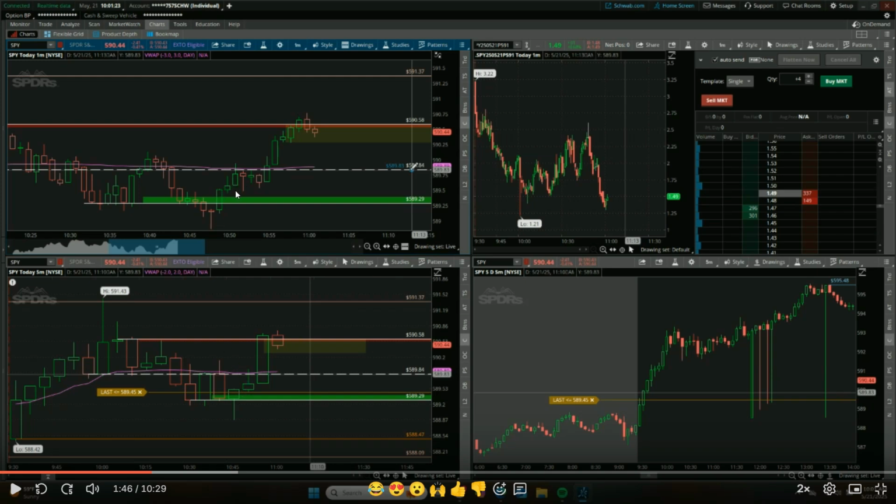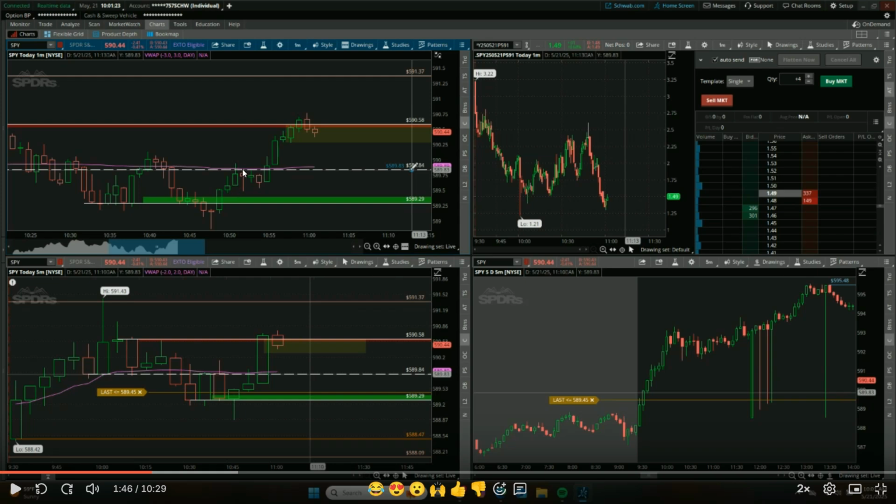There was a call that I could have taken here, but I decided not to because the risk to reward ratio between the two values was not good, and VWAP was right there in the way. And as you can see, VWAP did reject the price right here. So I did not want to take it, and so therefore I didn't. But it would have been a very profitable trade to have taken.